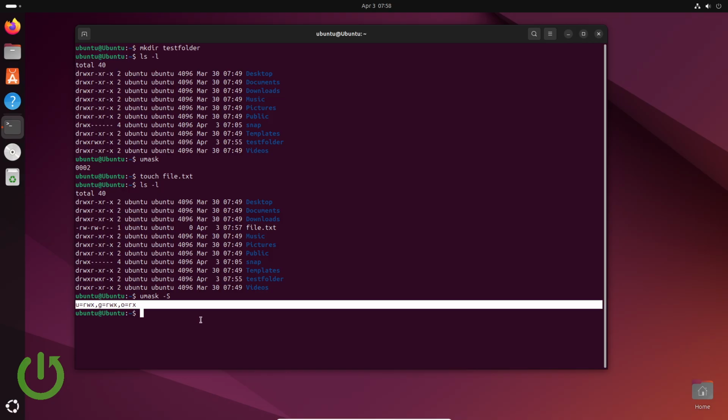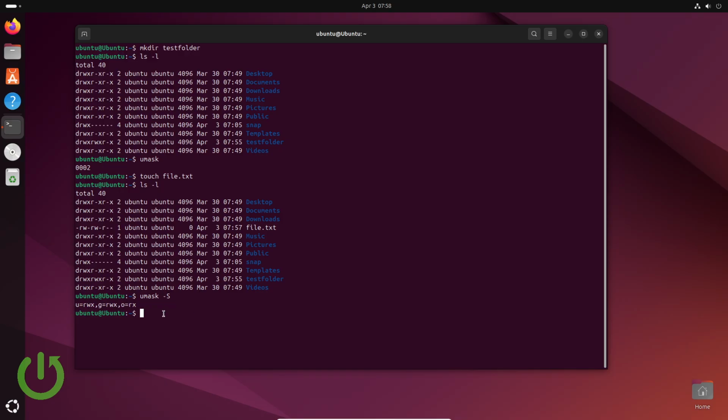And of course we can change the umask, temporarily in this terminal session. So I can set umask to 000. And now if I create, for example, a directory, test folder 2, and a file 2.txt, and I list them,